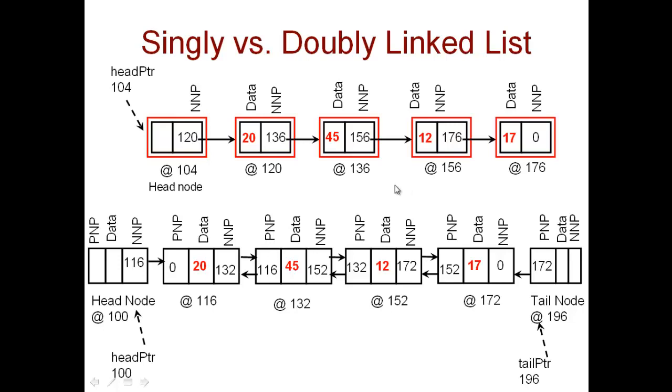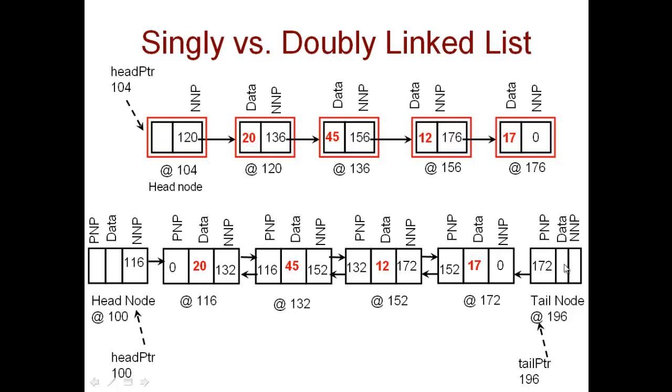In the head node, the only thing it needs to store is the address of the next data node. The head node is a dummy node, so you don't really store data, and there's no node previous to the head node, because first of all the head node is not a data node. So you store the previous node pointer with some meaningful value only for the data nodes. For the head node, you don't need to store any value for the previous node pointer. So these two field values are not set up. Only the next node pointer value is set up for the head node, like we do for a single linked list. Now in the tail node case,